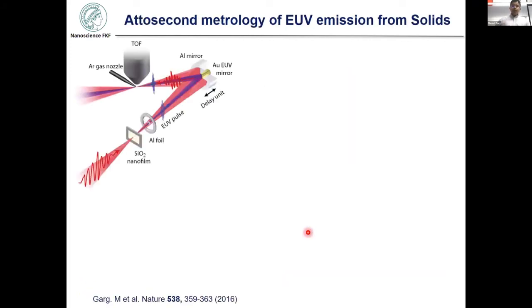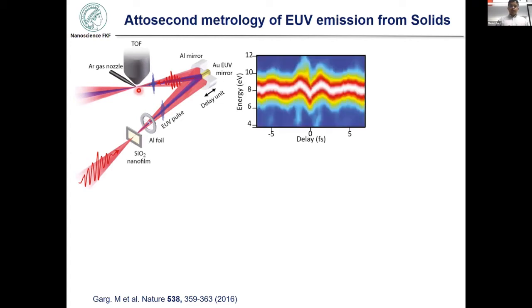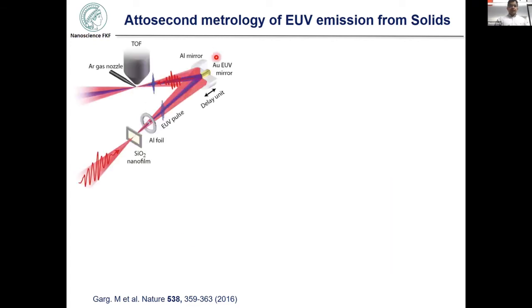Now, the way we have performed our experiment is by doing attosecond streaking of the EUV emission. We shoot intense optical pulses and generate EUV emission, and the optical and EUV both co-propagate together. These are separated by spectral filtering and spatial filtering, and they are focused into a gas jet placed under a time of flight spectrometer, and you generate electrons by single photon ionization. These electrons generated by the EUV pulses are streaked by the optical pulses, and the intensity of the optical pulse is low enough that it does not cause a nonlinear interaction.